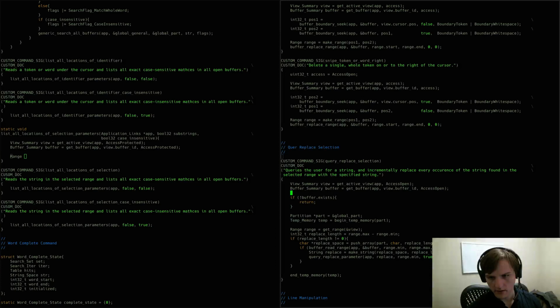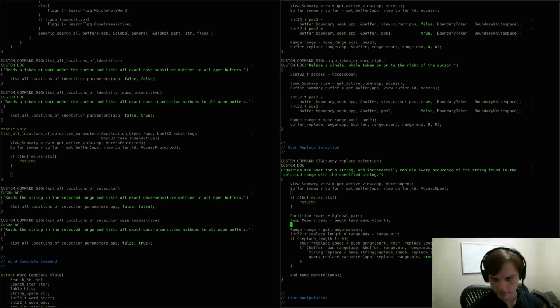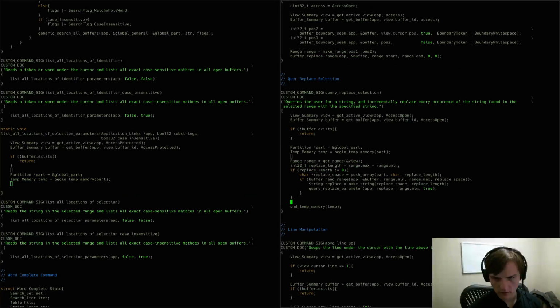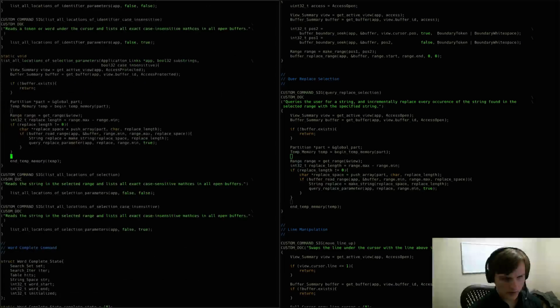So this is going to work a lot like this. Partition, end temp, get the range, replace length. That's going to be the